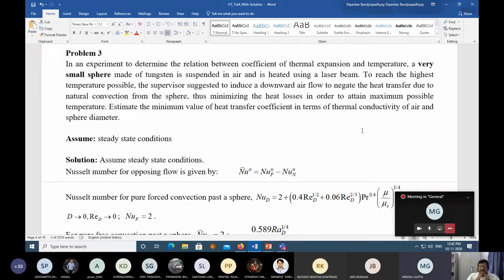So this is a problem where in the hot ball some natural convection is about to happen, but since you are blowing the air, you end up getting a combined situation. So we say that the Nusselt number for this problem is the Nusselt number for the forced convection minus the Nusselt number for the natural convection. As I am blowing the air, I am making sure that the natural convection is not setting up, but there is a possibility of it setting up. That Nusselt number is coming from the natural convection, right? Yes, sir. And sir, the heating by the laser beam will be just radiation.